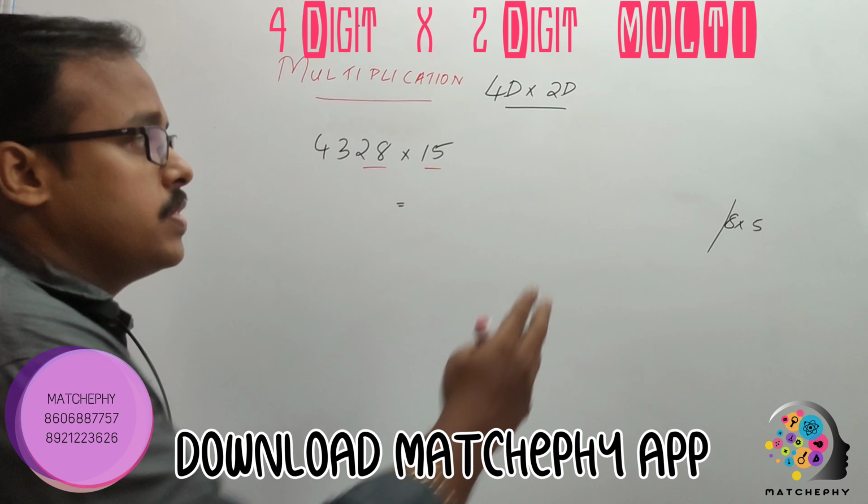Last class we went through 3-digit into 2-digit multiplication, that is 3 by 2. So obviously we'll go for 4 by 2, 4-digit into 2-digit, and we are going to try it here. Just a try, you will find it easier. And for a change, this time we are not writing the formula. Why? Because if we write the formula for this one, it will seem difficult for you, or we won't try after that. You will directly go to the question.